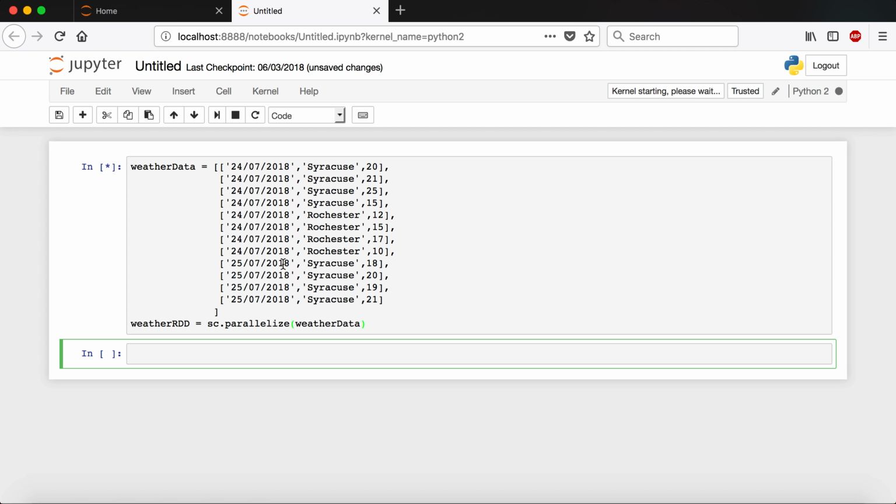So suppose that you have this data over here and you have an RDD over here, and you want to group by a particular date and see the different stations and their weather data points. Then how do you do that in RDD? So all you need to do for that is basically say weather